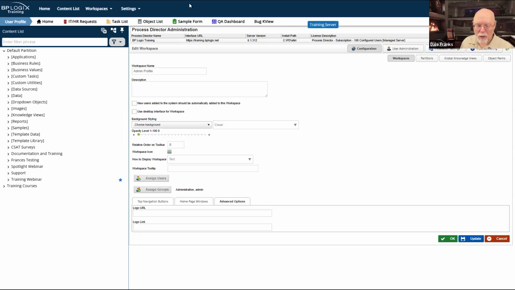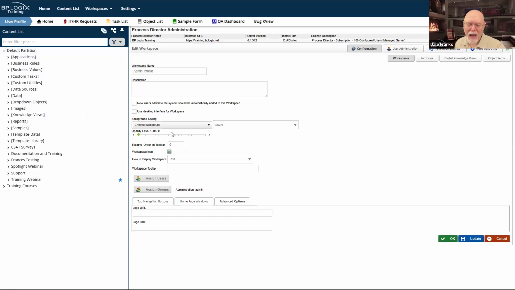This doesn't get reloaded. And so we did notice that when people were using a logo URL for their workspace, they would change it, they would update it, and they would say, okay, well, let's swap workspaces. And they would expect to see their logo pop up, and it didn't, because swapping workspaces only affects everything from here on down. And so the logo wasn't updating, but of course, next time you came into Process Director and you open up that workspace, the logo would magically be there.